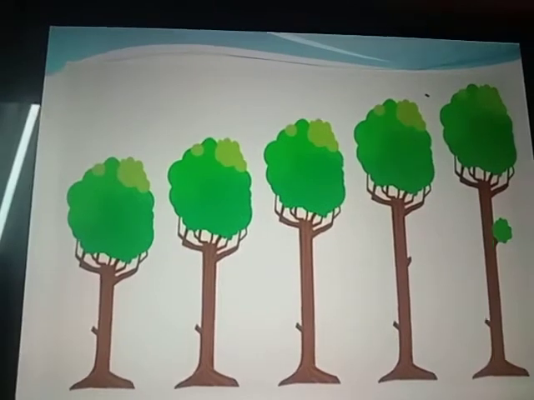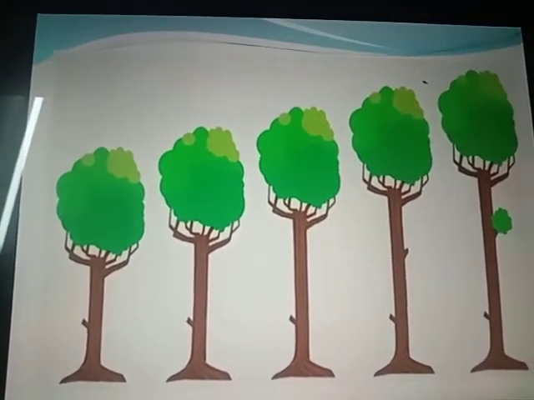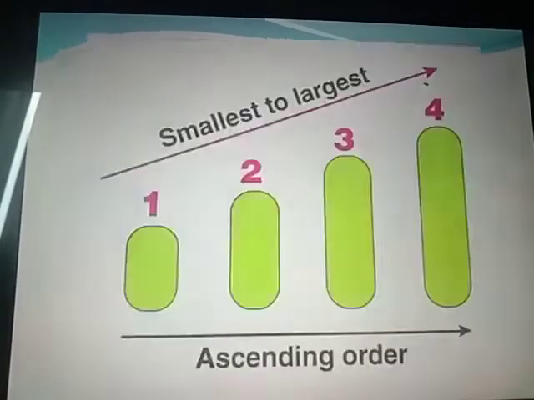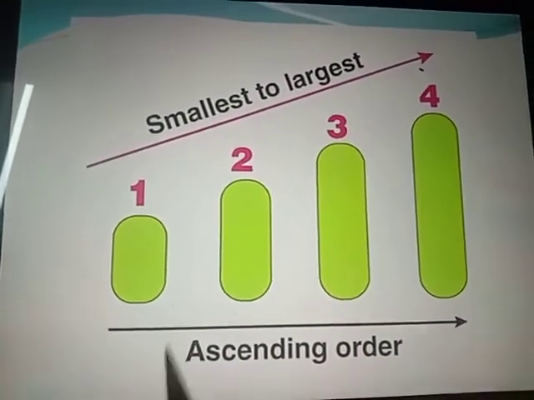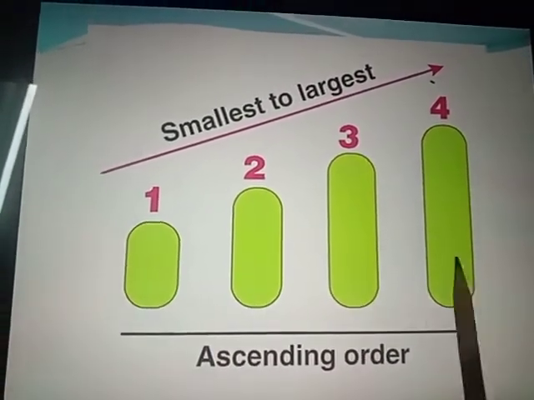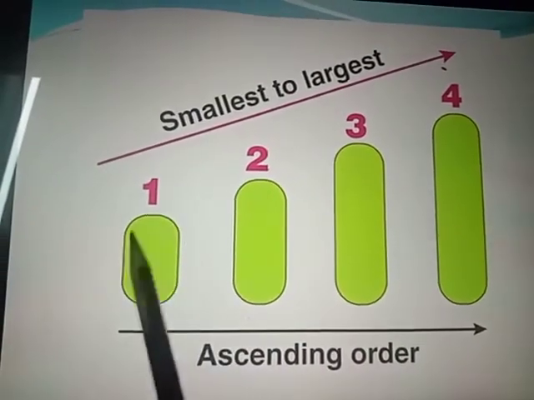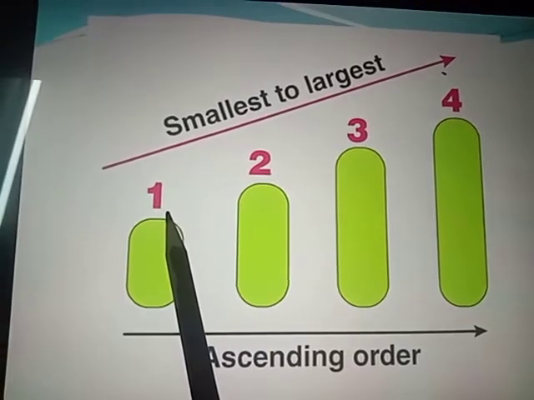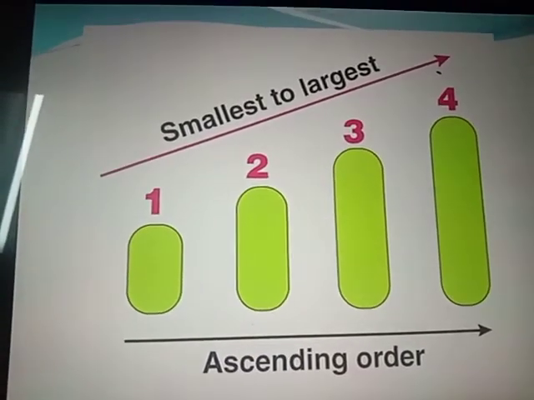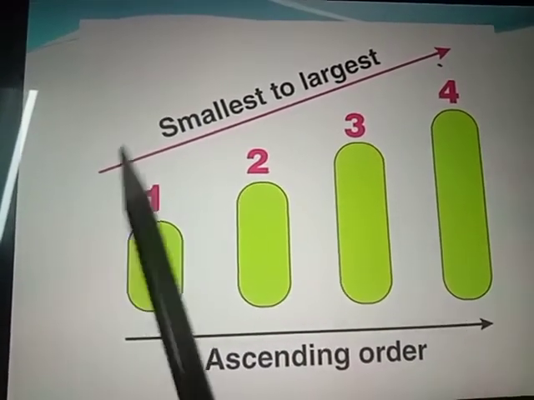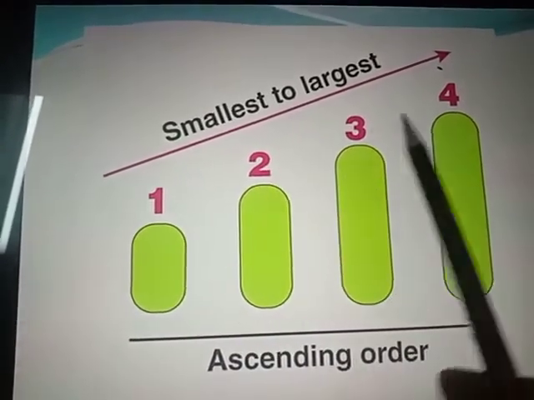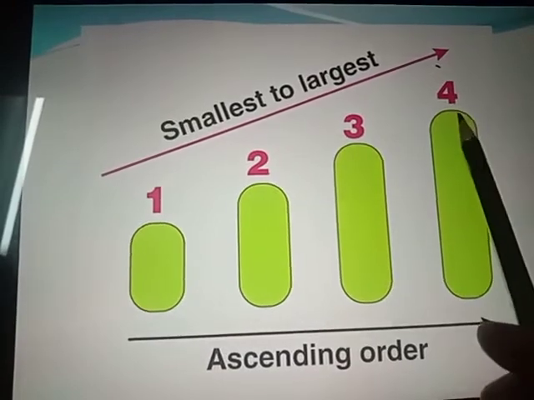Yes, the same way we do the work with the numbers. Let's see how. Now see, some cubes are here. First, the number one is the smallest number. When we do the counting, one comes first, it means that's a smaller number. So one is the smaller number, and from the smallest it's moving to the biggest, the largest number.